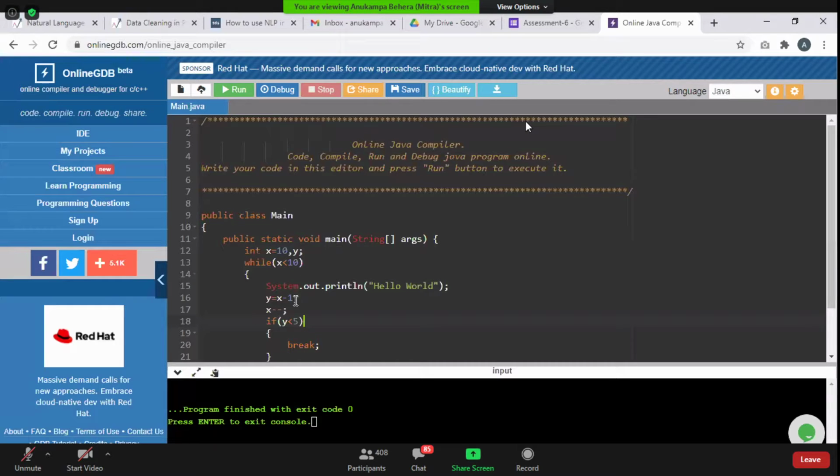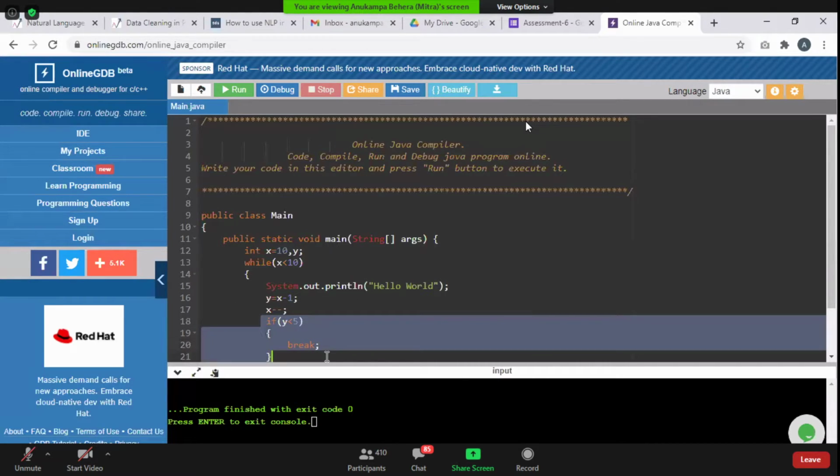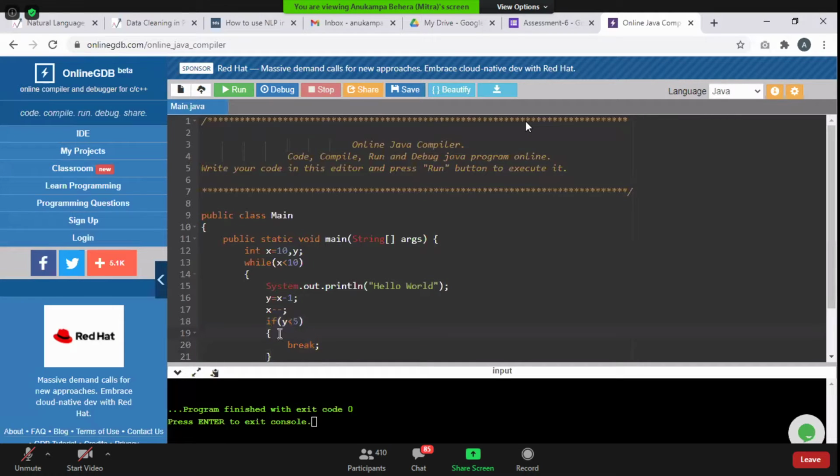Whether values are, when it is happening, not happening, that is a different issue altogether. That we are not checking here. What I want to show you is this is possible. Who told you that you cannot write break with if? Break should be written with if. Because when to break, how do you know? That if is deciding. But I never told you that it will not be used with if. I told you that you cannot write break here to come out of if.